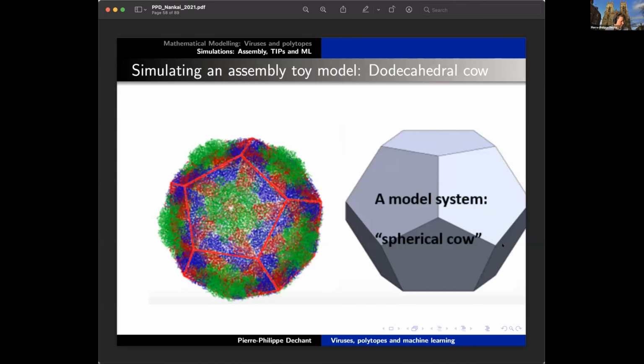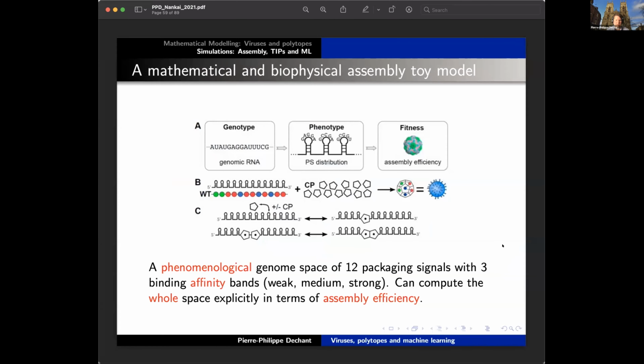So you can also do these elaborate simulations for simulating how such a virus might assemble. I've only got a couple of minutes left, but I wanted to talk about that very briefly. You've probably all heard about the spherical cow as an approximation. So this is a dodecahedral cow. It's a toy model of a virus consisting of these 12 pentagons that we've already seen in the cartoons a